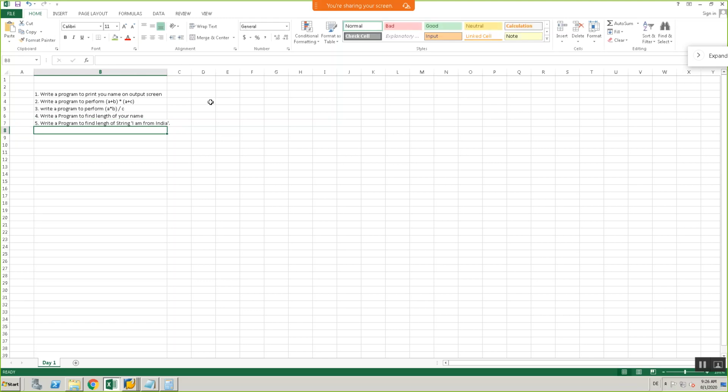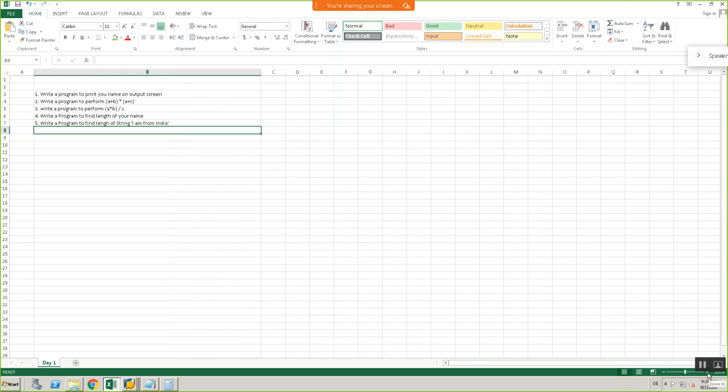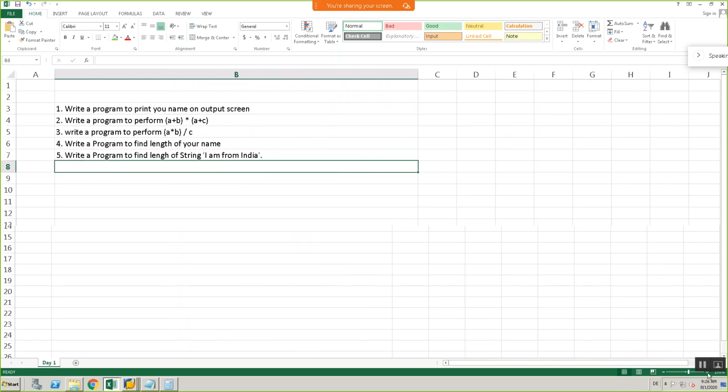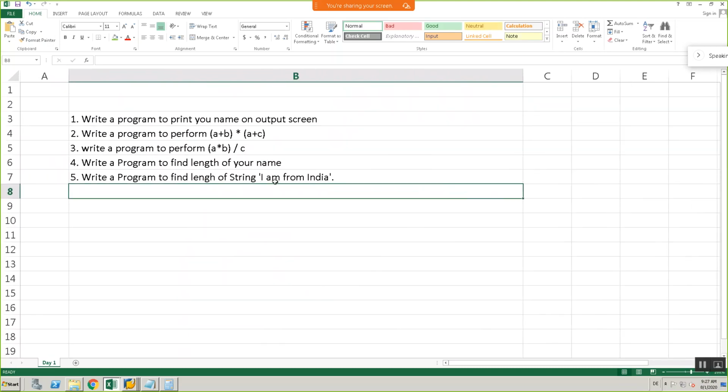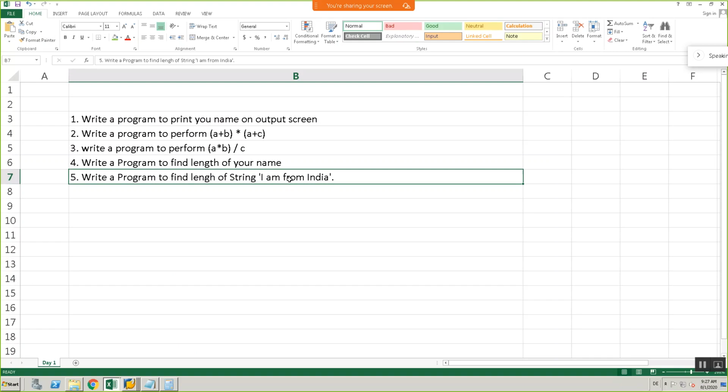You have to write a program to find the length of the string. Okay, 'I am from India' is a string. You want to find the length of this string.